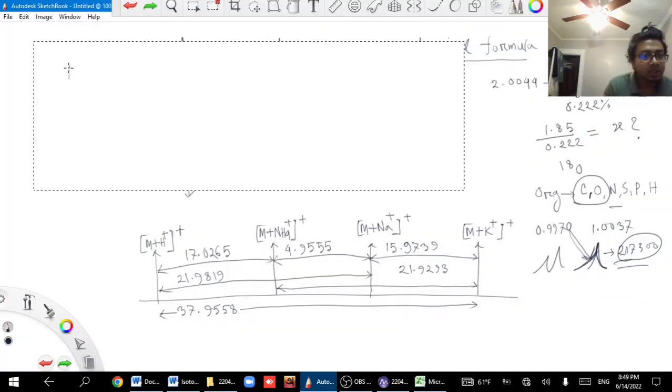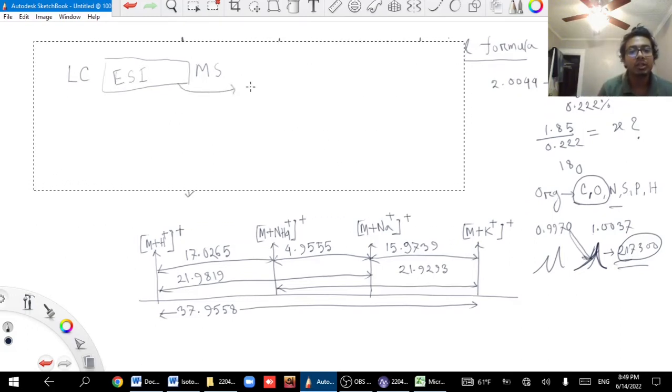This is the liquid chromatograph, this is the mass spectrometer, and this interface is known as ESI, or electrospray ionization. In that portion we actually make ions. In that case we target the positive ions, and they are detected in the detector as charged particles. So in positive ion mode it could be an M plus H peak,